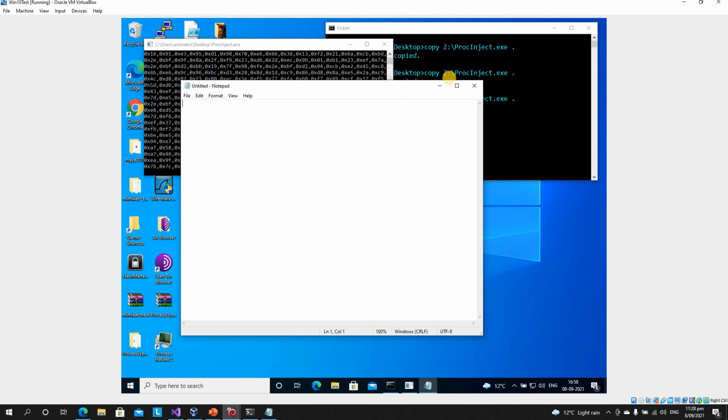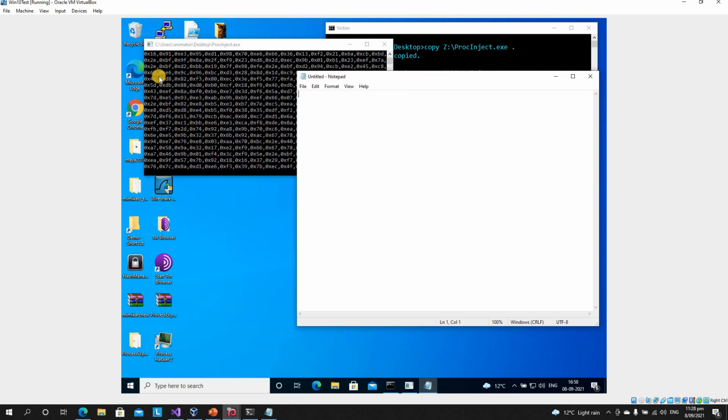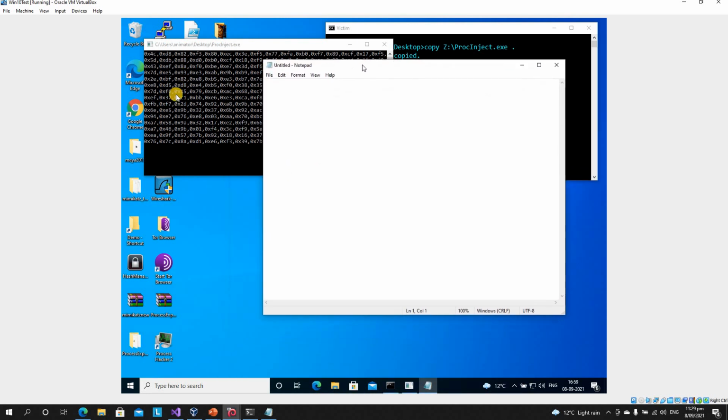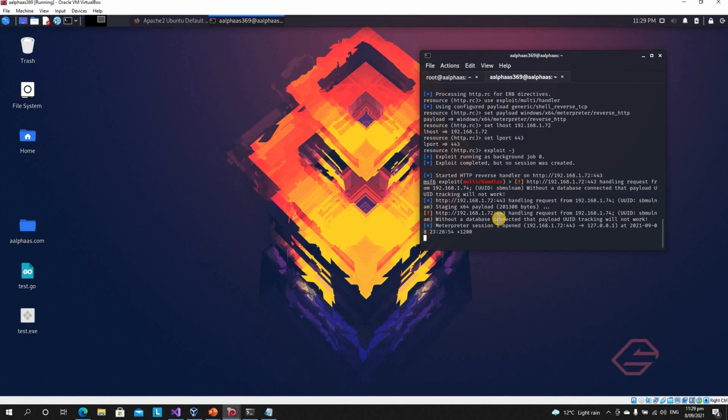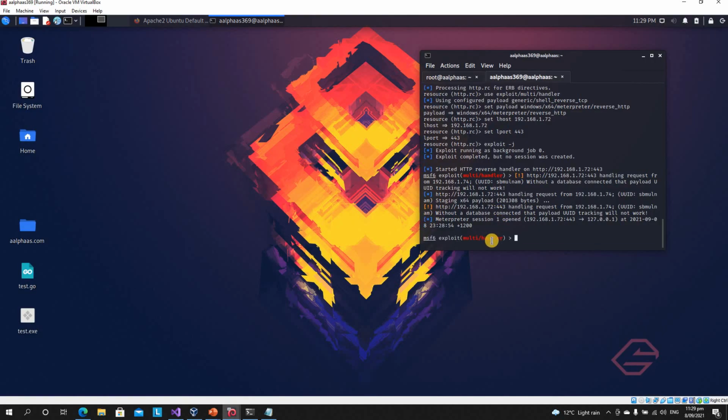Yeah, this is the actual decrypted shellcode. Hopefully this is working because I don't do this in real time. I just did it to ensure that the decrypted shellcode is correct. It's a correct one, I hope. And we opened a notepad. The application opened a notepad process. And let us come here. Yeah, here we got the